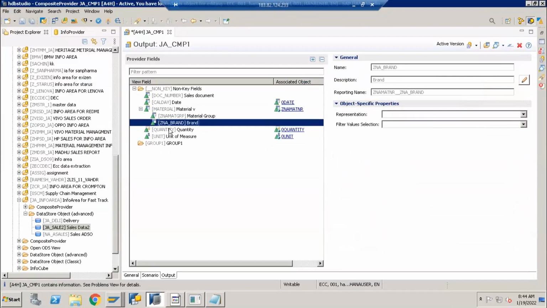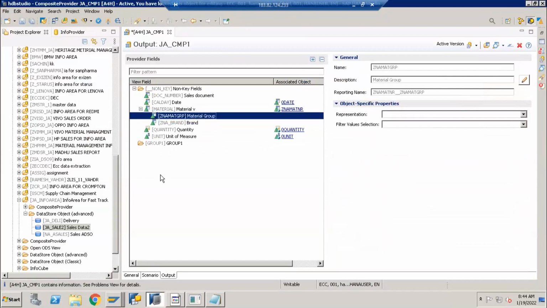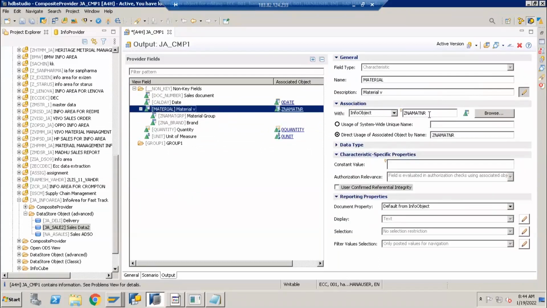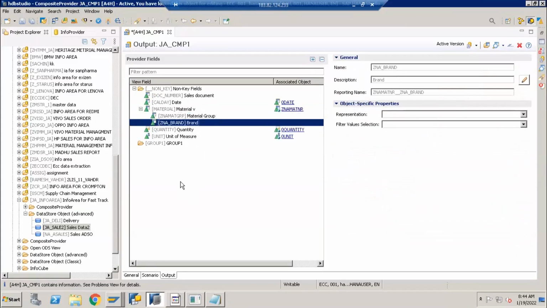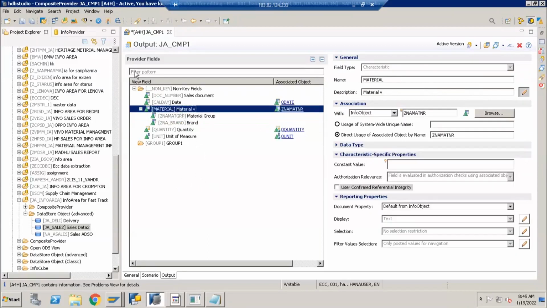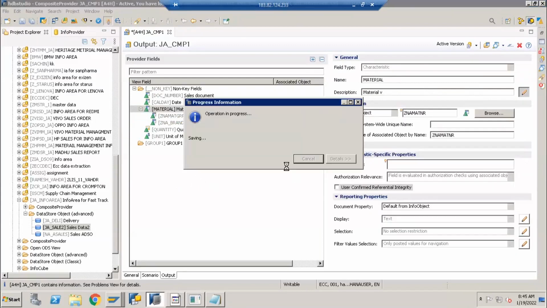Now I am using the BW master data concept in my composite provider. Even though I did field-based modeling at the DSO level, by using this functionality at composite provider level, I can convert a field into an info object by assigning the corresponding info object to the field. Due to this, I can leverage the master data concept at my composite provider level. Now these two master data I can use at report level. Clear so far? Any questions? Nice. Okay, fine.